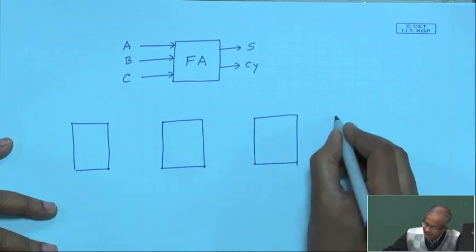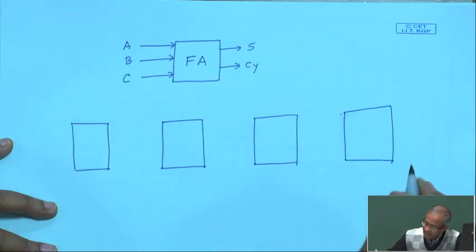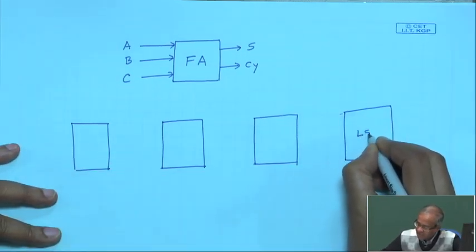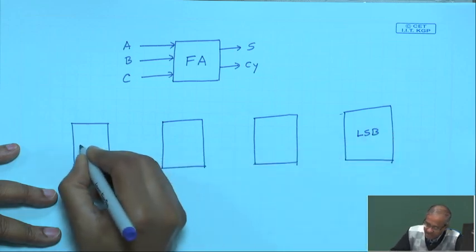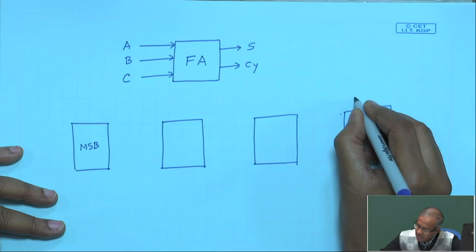And I cascade them in a chain. Suppose this is my least significant bit, this is my most significant bit, and these are the 4 full adders. So, what do I do? I connect